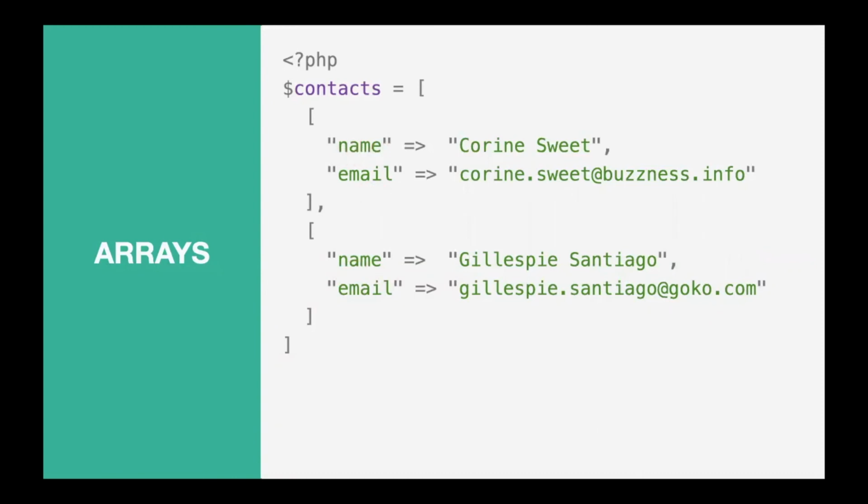You could think of this as being data we've retrieved from, say, a database, where we're getting contacts with their name and email. Now, with each array inside of here, if we want to access this name, we need to add the extra notation. So if we want to just access this first array, we would use the standard notation. We'd grab our variable contacts, and then we do a set of square brackets, and then we could do 0. That will give us the first contact, but that gives us the entire array. If we wanted just the name of the first contact, we'd add another set of square brackets, and we would do name,